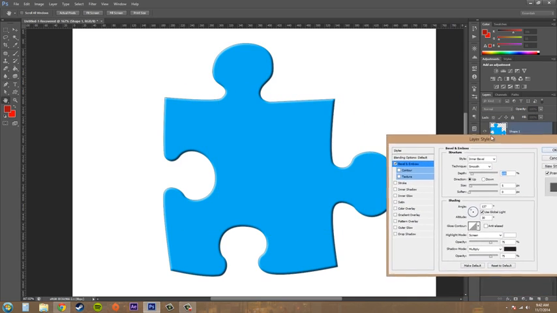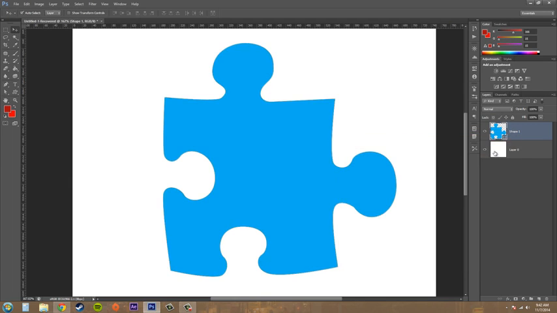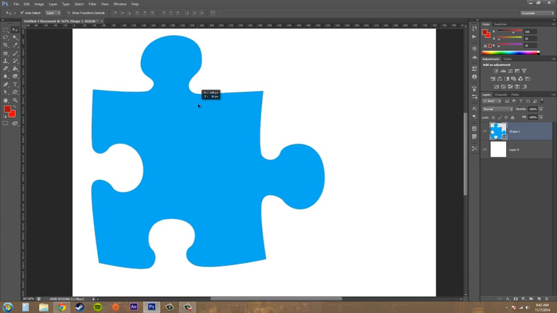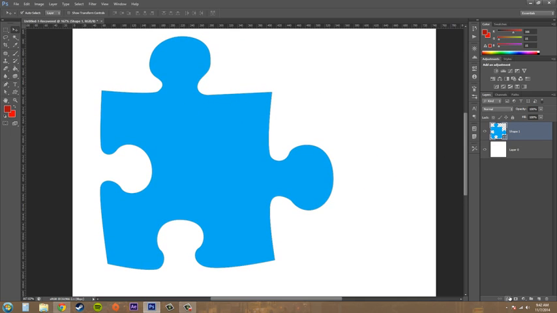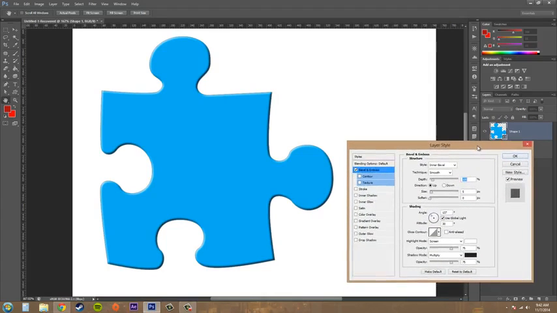And you can see already that, let me move this piece over. Cancel this out real quick. We'll move the piece over like this so we can see our options. Alright, there we go. Now you can see already that we've got the illusion of 3D. Now, there are a couple other properties of Bevel and Emboss that I'm going to need to go over. We've got our contour here and texture, but let's start off by going over these kind of things over here,